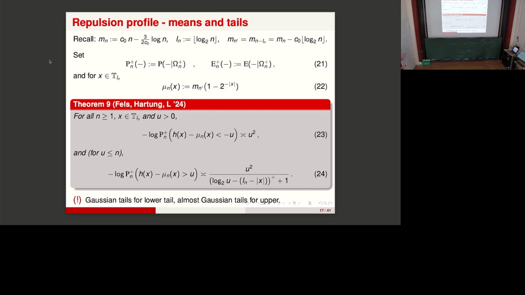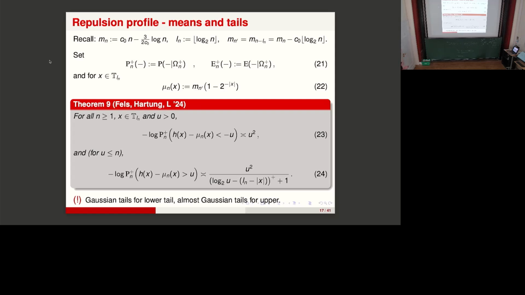Okay, we're more interested in what happens when you condition on this positivity event, or differently, how does the field achieve this probability? Well, again, this is the mn, ln, and mn prime. From now on, p plus n is going to be the probability conditional on this positivity event, and then the corresponding expectation. So this is conditional on the leaves being positive. And it turns out that